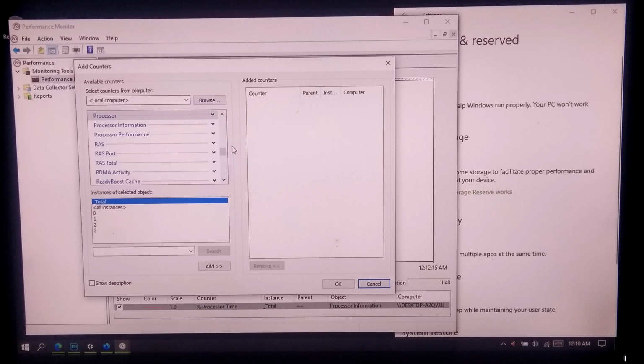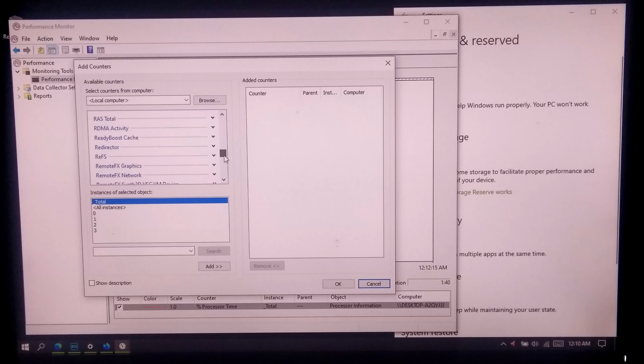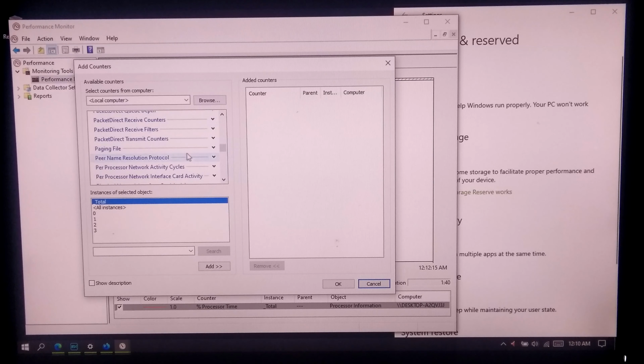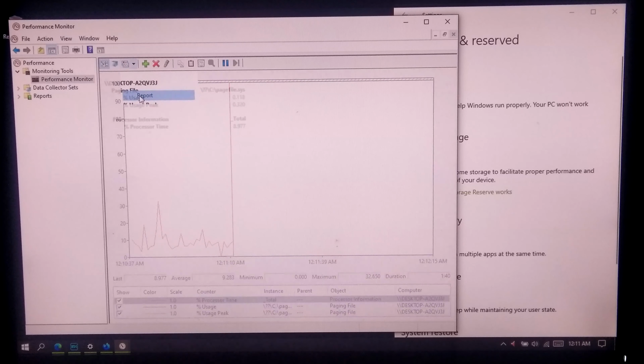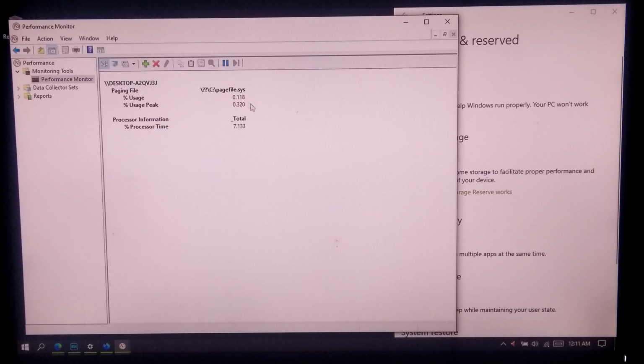Select paging file under Available Counters and click on the Add button. Once done, click on OK. Now click the Change Graph Type button and select Report. Now you can clearly monitor your virtual memory activity status.